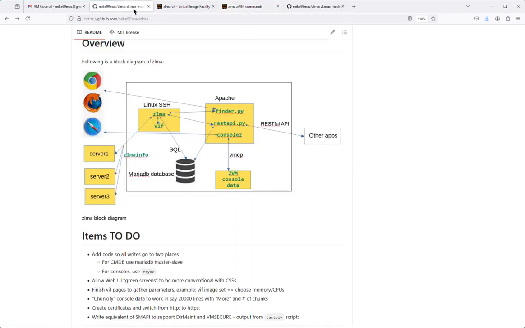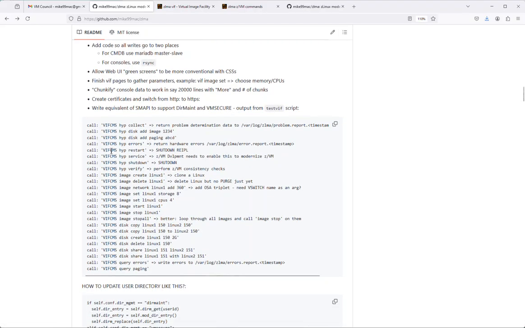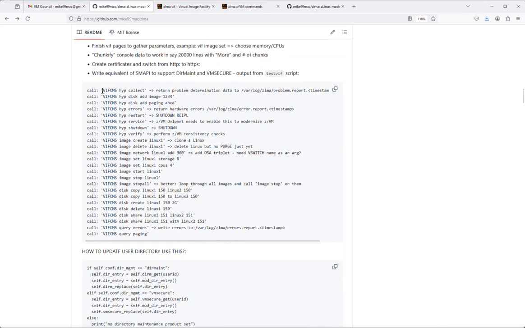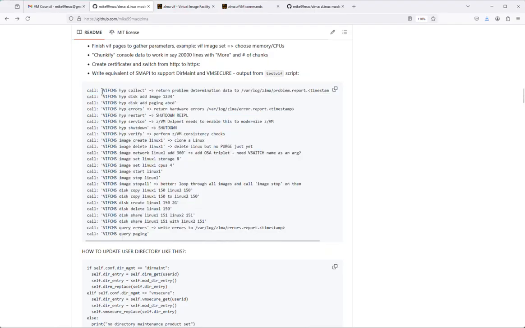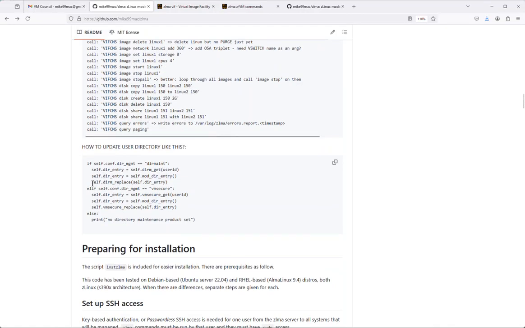Let's go back to here. There was something I wanted to talk about. The back end is not written. There's a couple of ways to write it. You could do all of the heavy lifting by throwing it to a CMS machine, or this is what I would probably do if there were a way to say,